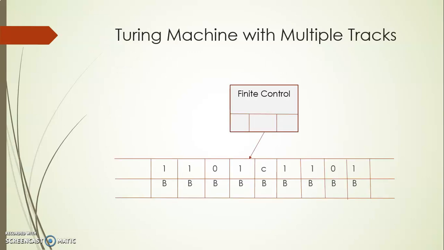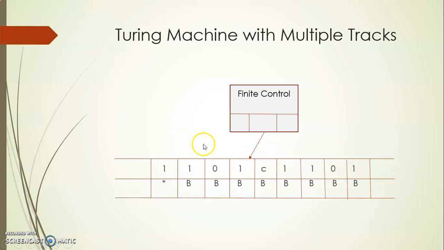So we have taken a multiple, that is 2-track, Turing machine here. In the first track, I have stored the input string, and in the second track, I have not yet stored anything. So by default, all the cells of the second track of my Turing machine consist of the blank symbol, say B. Now I have to process it. The idea is very simple. If I'm scanning this one, I'll mark this as visited just by replacing the blank below it by some other symbol, which is again different from your input symbols. So the only thing you have to remember is the notation that is different from your basic Turing machine structure. The logic is very simple.